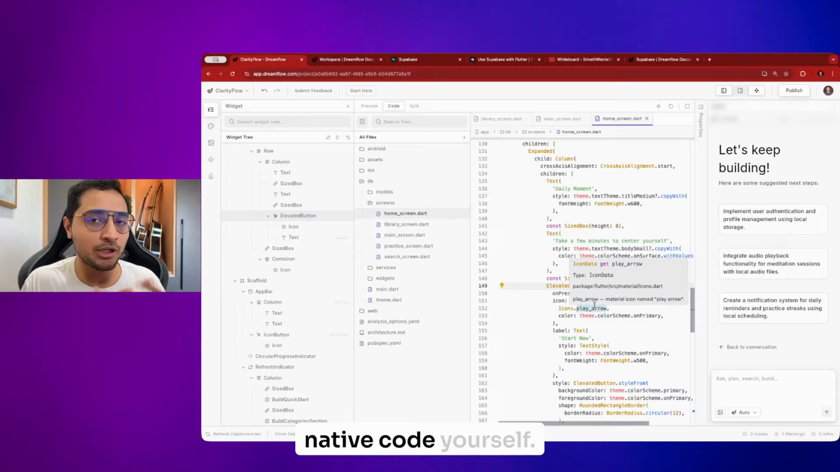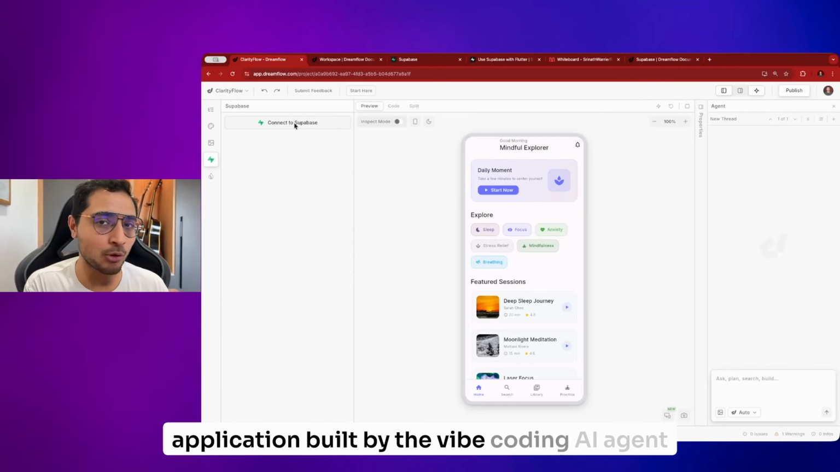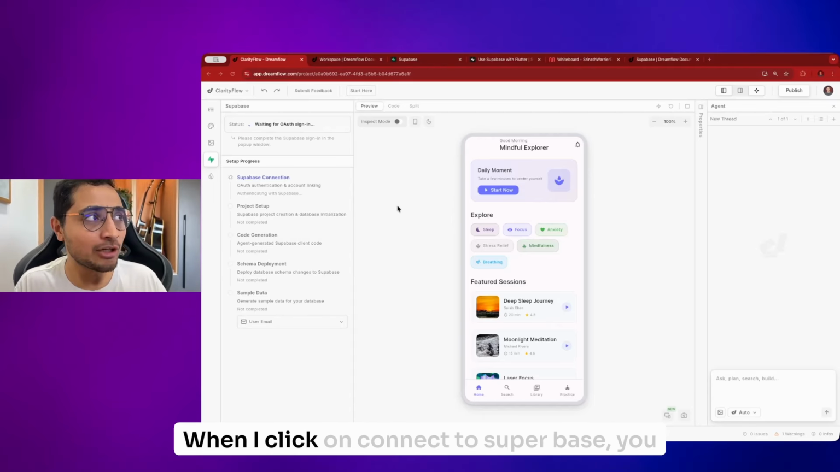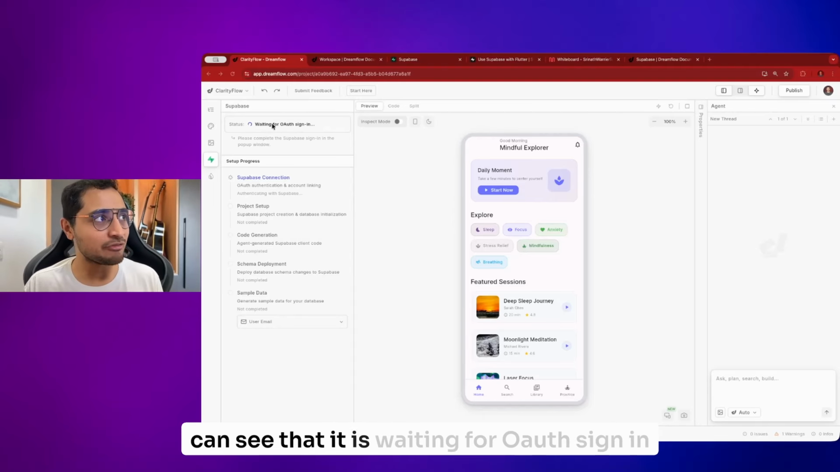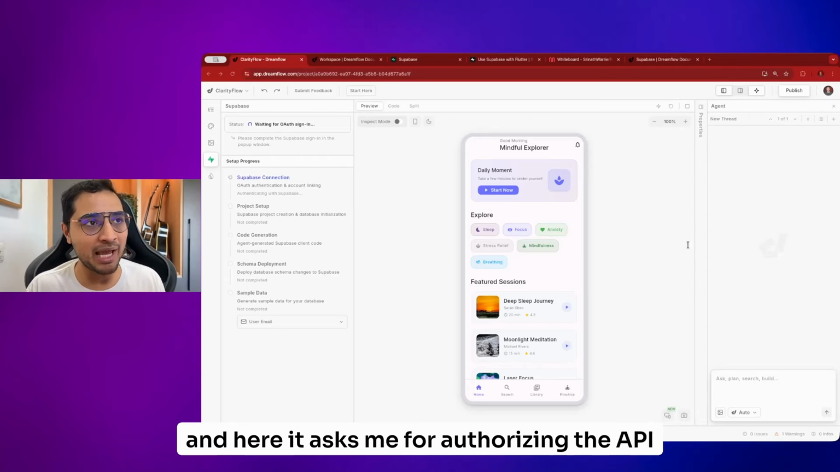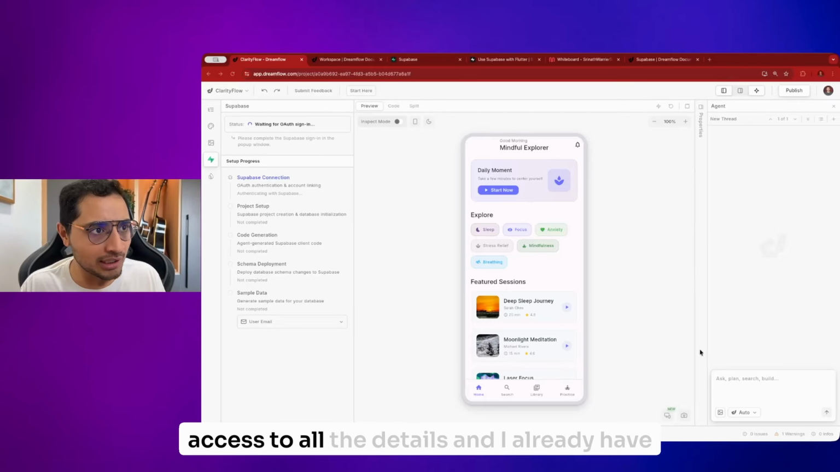Now that we have the first draft of the application built by the vibe coding AI agent already, let's try to integrate the application to Supabase. When I click on connect to Supabase, you can see that it is waiting for OAuth sign-in, and here it asks me for authorizing the API access for Dreamflow, and I will give my access to all the details, and